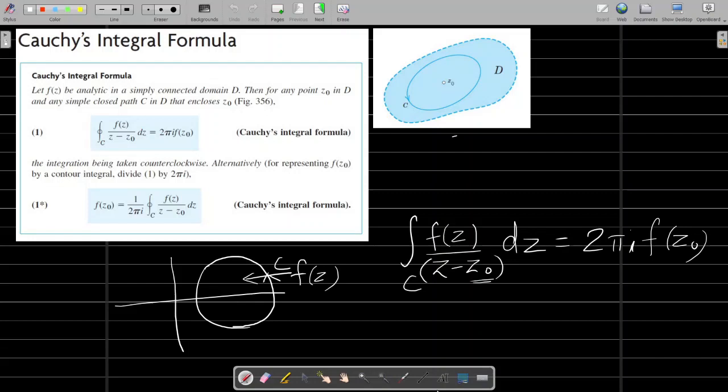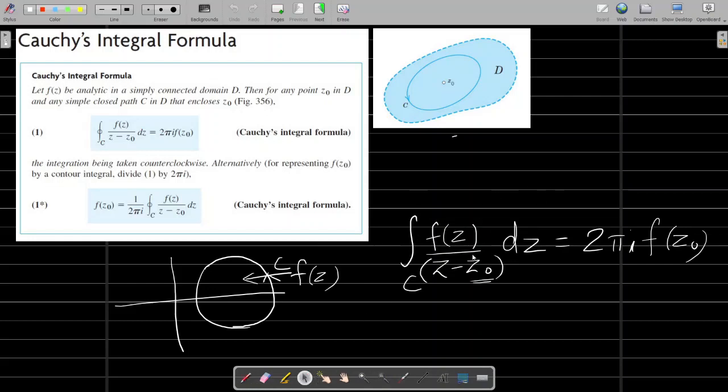In this video, we will be discussing Cauchy's integral formula. In Cauchy's integral formula, we are actually interested in evaluating integrals of the form integral over C